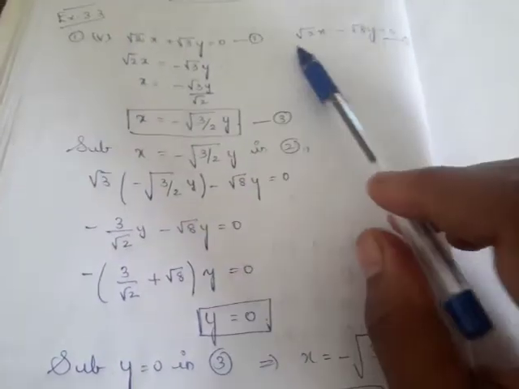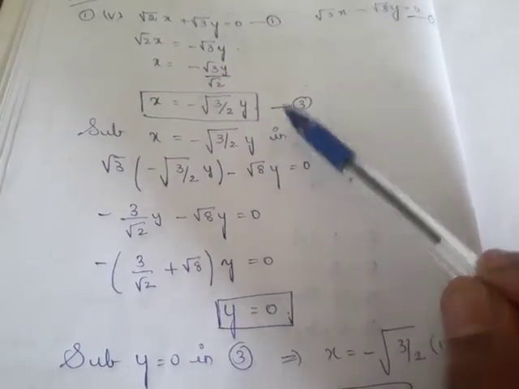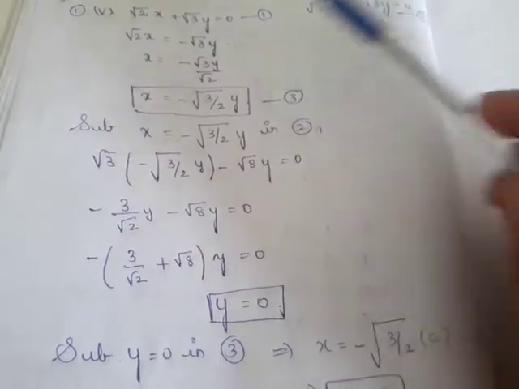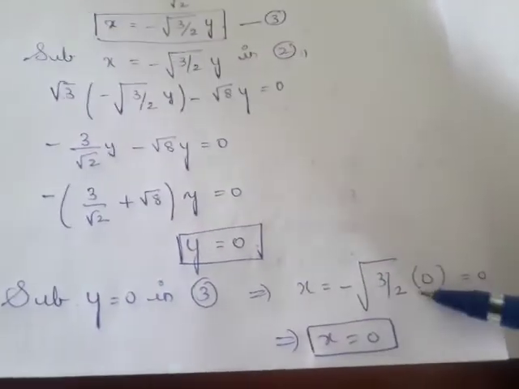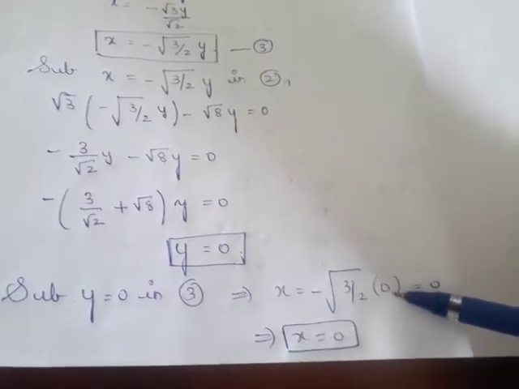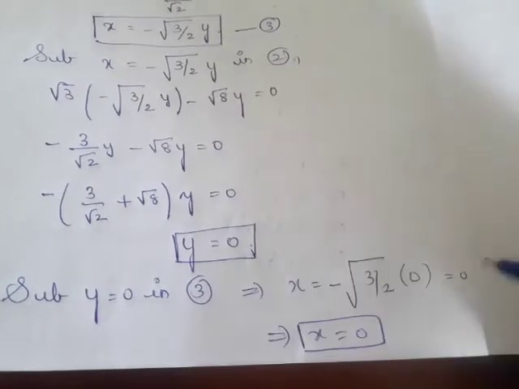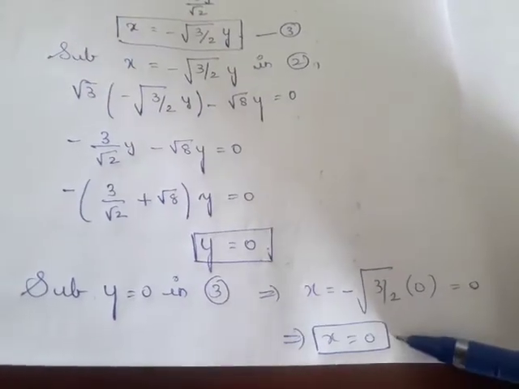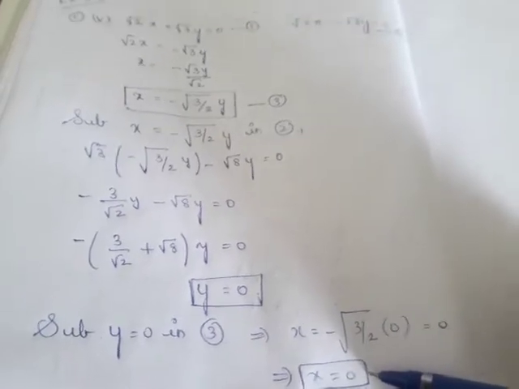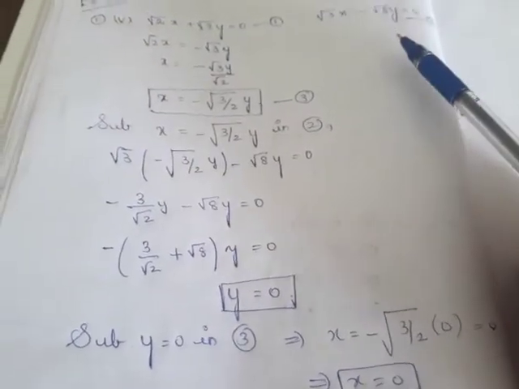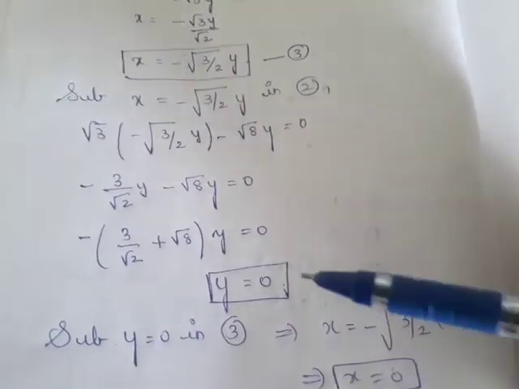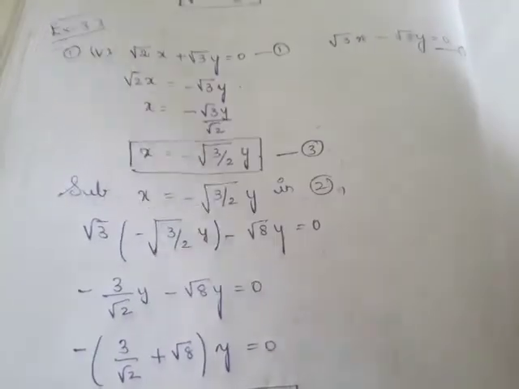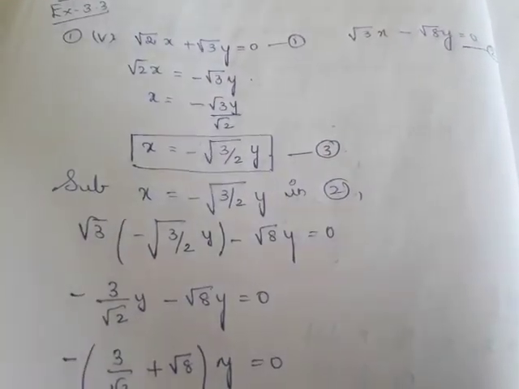So after getting the y value, what should you do? Substitute in any of these three equations. I have named this the third equation. You can substitute here, or you can substitute in any of the other two equations as well. So now I am going to substitute the value of y in the third equation. In the place of y I have written 0 again. 0 multiplied by any number is again 0 only. So the value of x is also 0. That's how we solved the pair of linear equations using the substitution method, and we arrived at the answer: x also 0, y also 0. Right? Hope you understood. Let us see another problem.